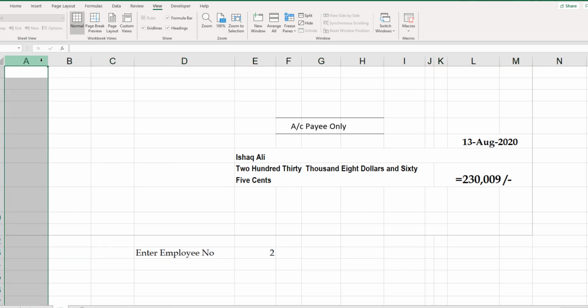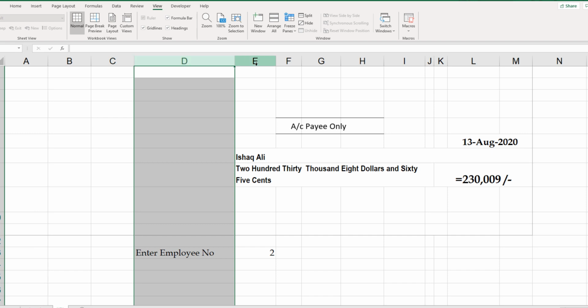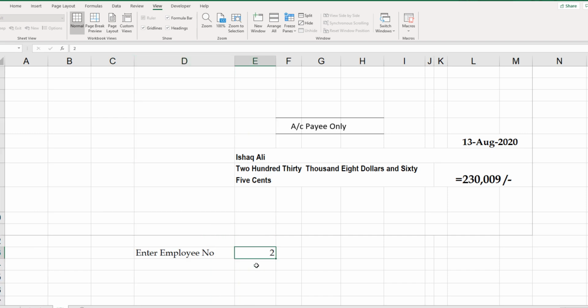This is row number 13. Okay, row 13, column number 1, 2, 3, 4 and 5. So this specific cell has a reference of, in Visual Basic, we type it like 13 comma column 5. So the cell reference is 13 comma 5. This is the cell reference. So what do we want to do? We want to get the value of this cell reference. So we will type dot value.